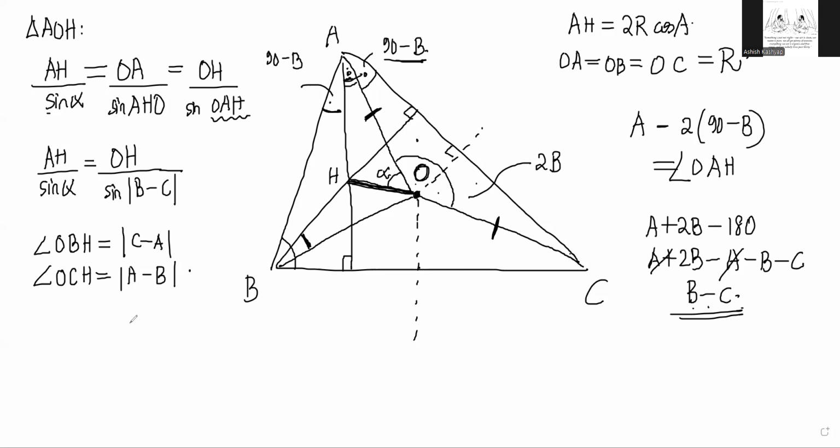So we know AH is 2R cos A, and similarly, we know BH and CH also, right? Okay, one second, let me think a little bit. So, what we can do,